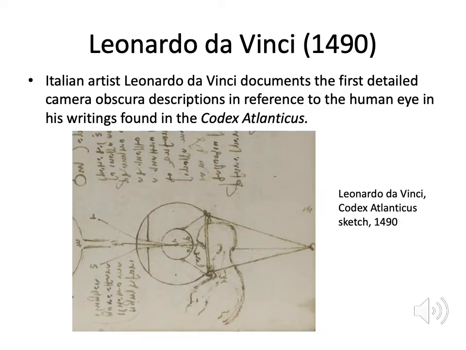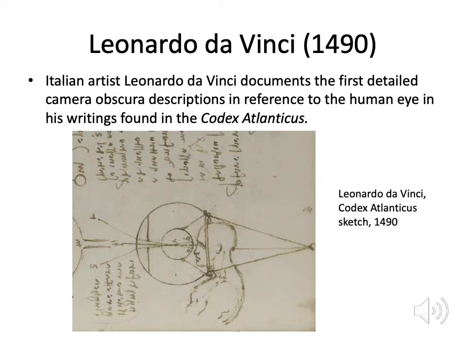So who would find that camera obscura useful? Actually, many artists of the time. So when viewing the screen of the obscura, an artist could trace the scene that was being projected onto it. It kind of took some of the legwork out of drawing a scene. And later on, a lens is going to be added to the camera because it made it sharper. They got a sharper line drawing out of it.